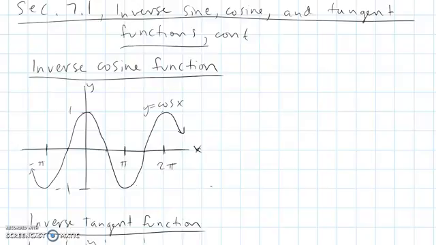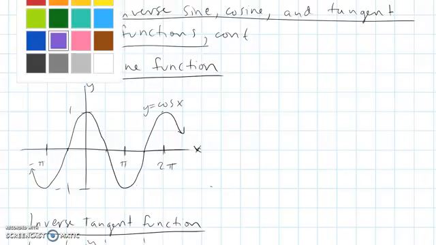Cosine and tangent also have inverse functions if we restrict their domains. Let's take a look at the inverse cosine function first. I have a graph here of the cosine of x, right? It turns out that if we restrict our domain for cosine